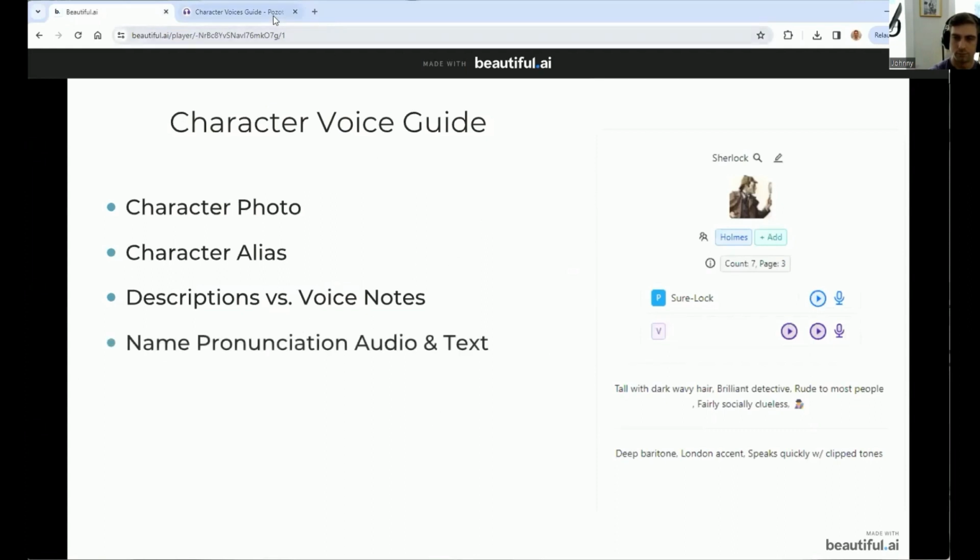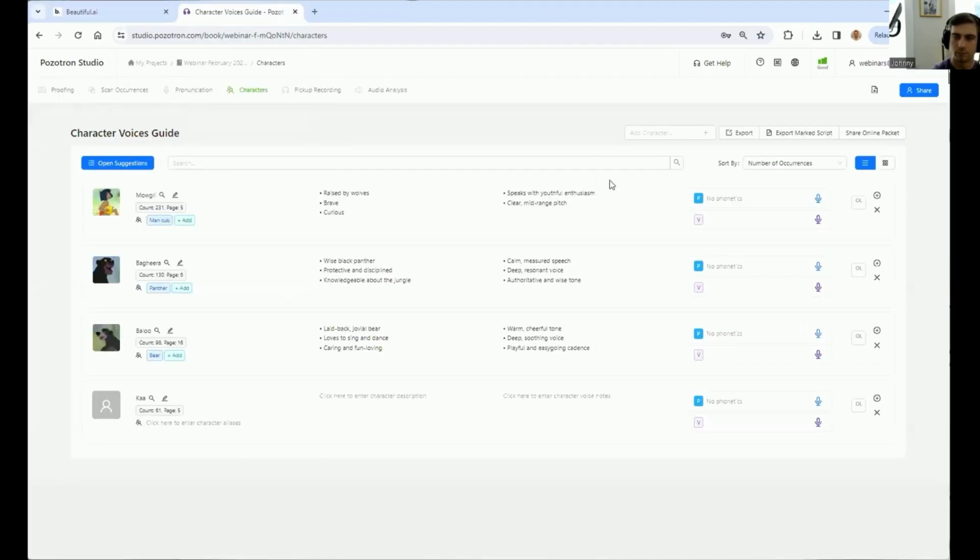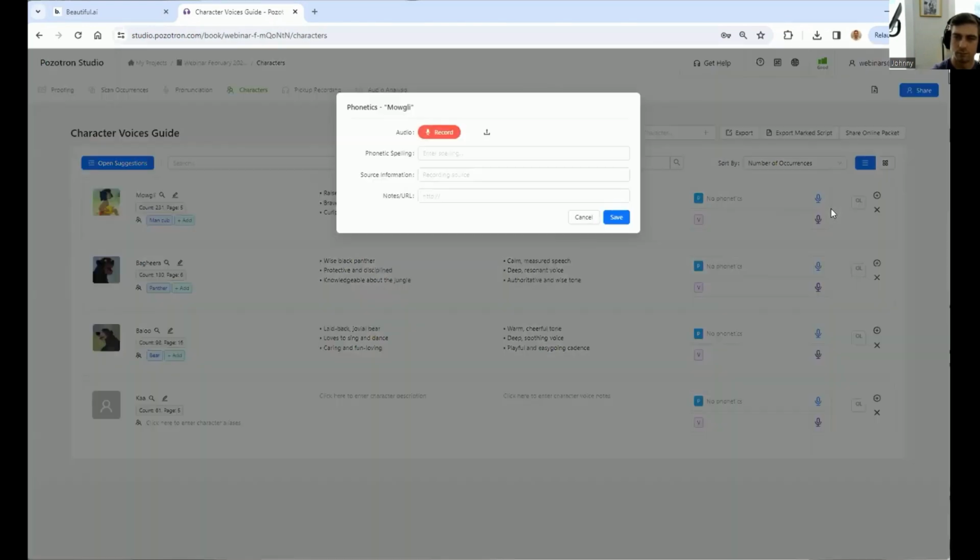Name, pronunciation, audio, and text. I'm going to show you how the character voice guide and the pronunciation guide can combine. But this field up here, where it says no phonetics, this is where you can record the phonetic spelling of Mowgli, and then I can record